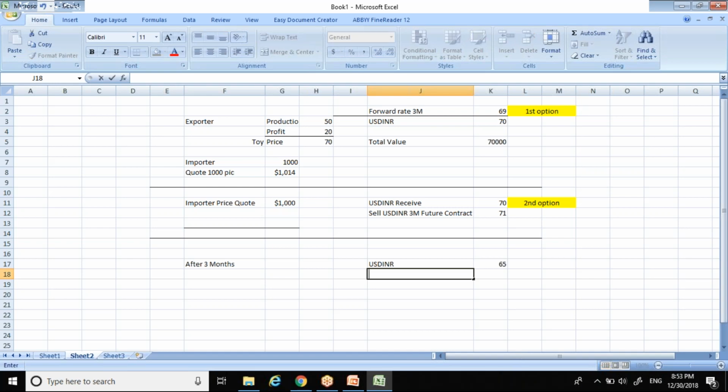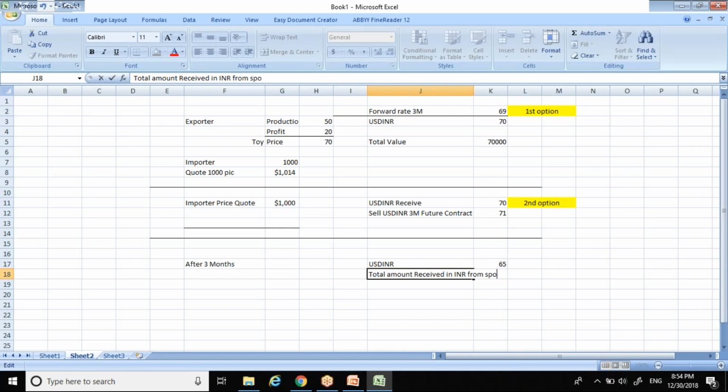So you receive in INR an amount of around 65 into $1,000. So 65,000 you're going to receive here,